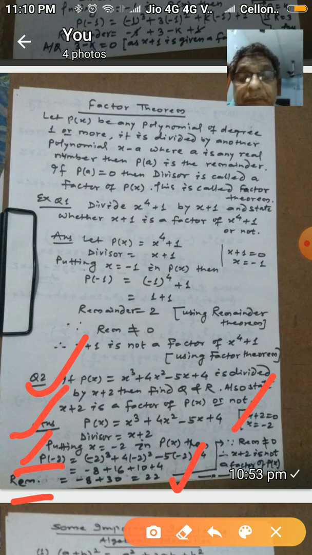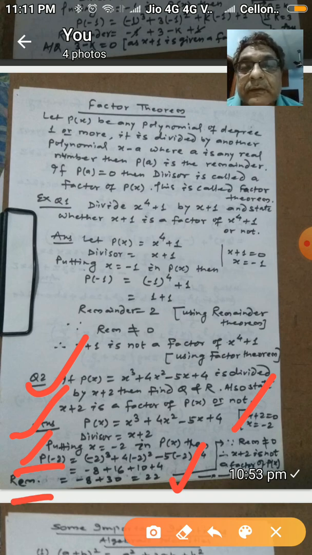So in this way we could learn two theorems today, that is the remainder theorem and the factor theorem, and I hope that you have enjoyed this and you are now able to solve the exercises related to it. In NCERT it is given in 2.3 and 2.4, so you will solve them, definitely you will try at your home, and whatever problem you face, again we will share in the next video.